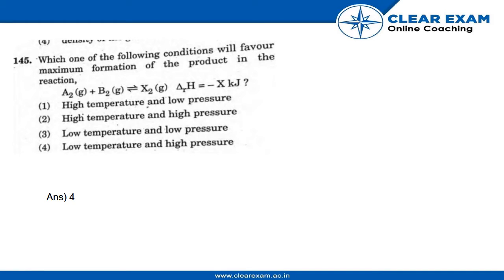So the correct options are: first, high temperature and low pressure; second, high temperature and high pressure; third, low temperature and low pressure; fourth, low temperature and high pressure. So the correct answer is option 4, because here, as we know,